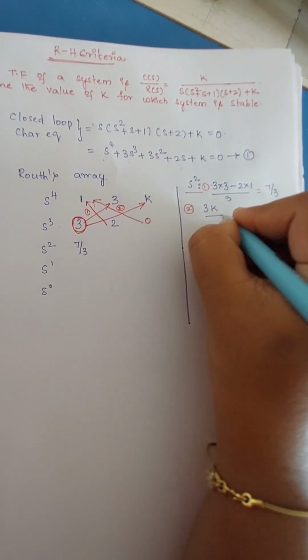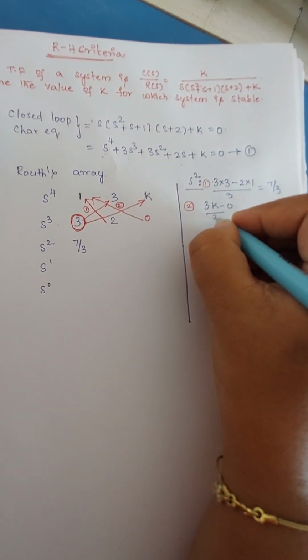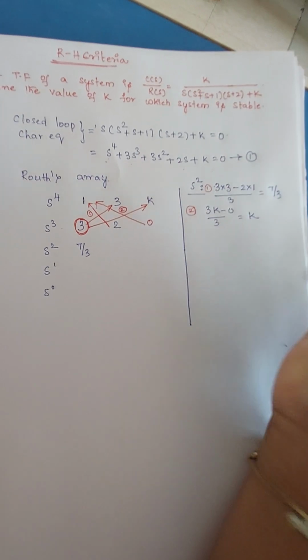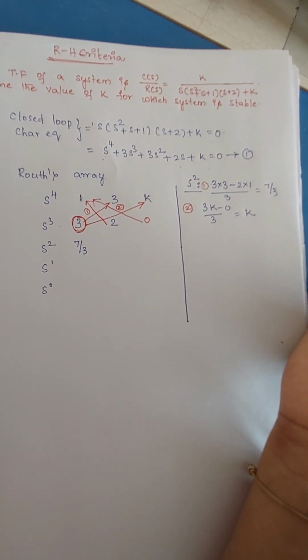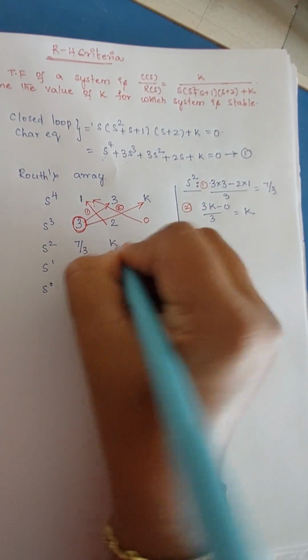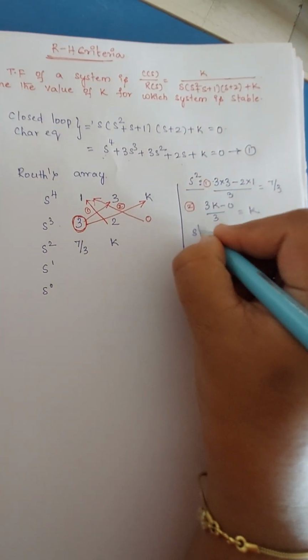So how are we going to represent it? 3 into k divided by... 0 into 1, which is minus 0 divided by 3. So the remaining term will be k. Now we are going to represent the second term, which is going to be k. In the similar manner, how we have represented the s square row, we are going to formulate the